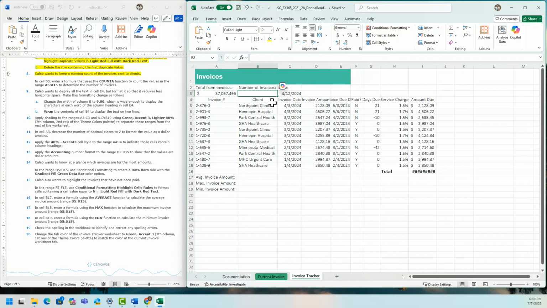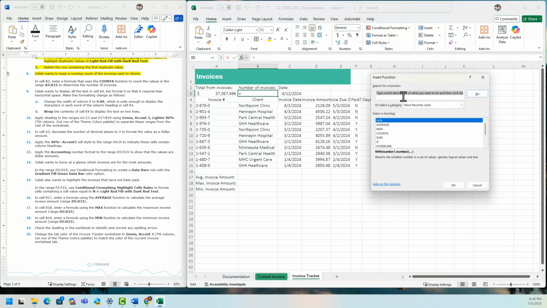Now, I'm going to use the COUNTA function. So this is the function. I'm going to insert a function and then look for COUNTA. If you can't find it, you can always just type it here. COUNTA.